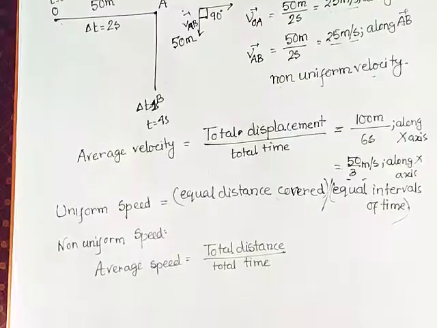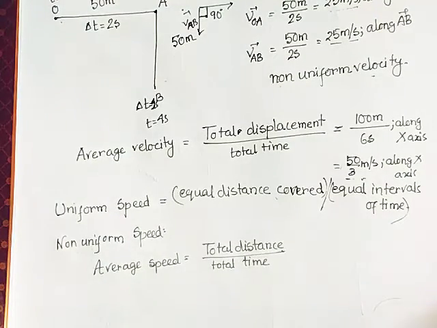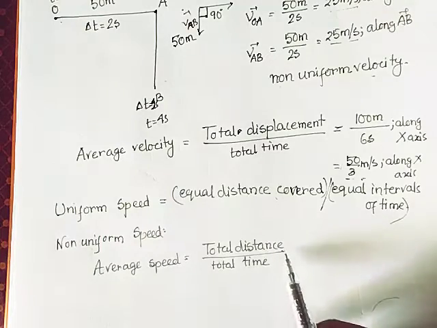One thing I want to say is that if a particle is moving with uniform speed, then the average speed and the uniform speed are equal. Similarly, if a particle is moving with uniform velocity, then the average velocity and uniform velocity are equal. And all of these things can be understood easily while doing the numericals. We take different scenarios, and then all of them become easy.